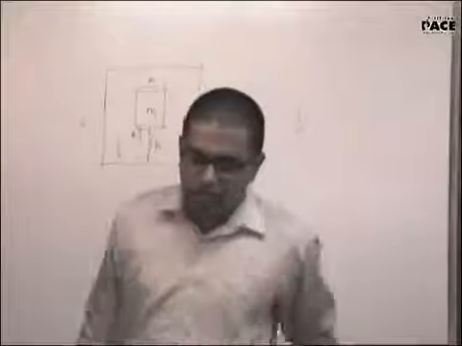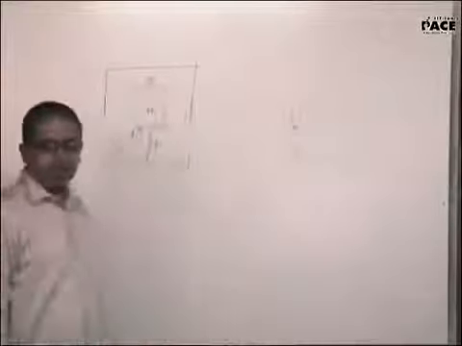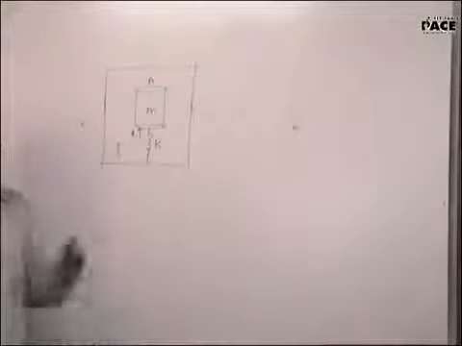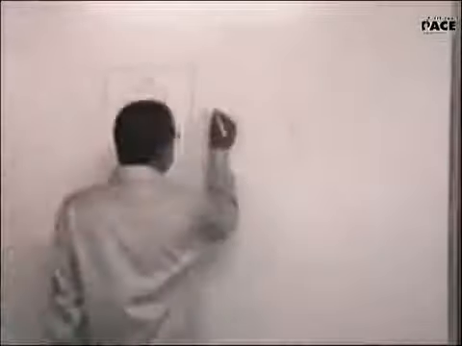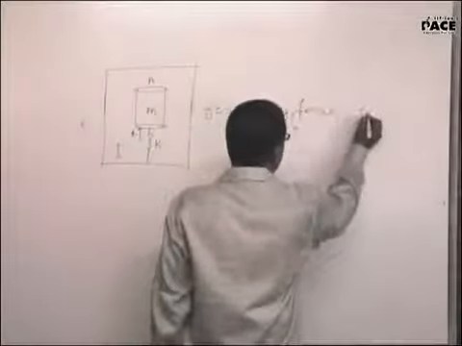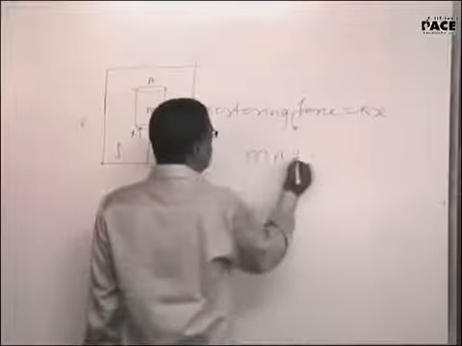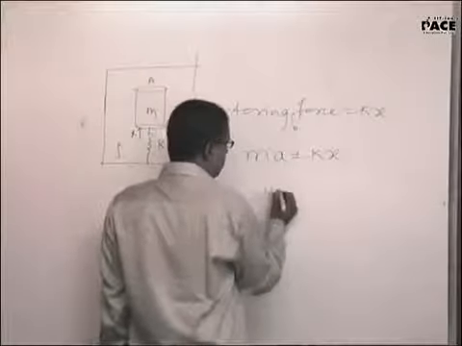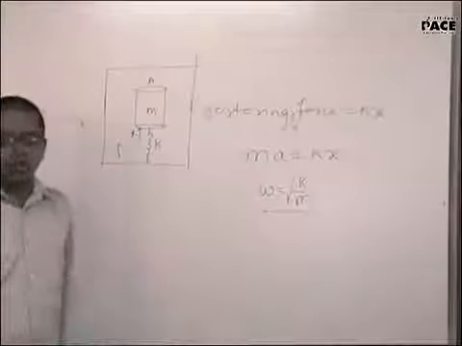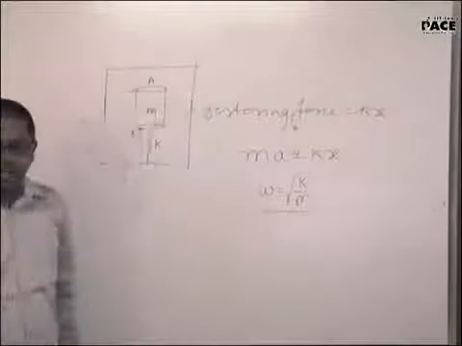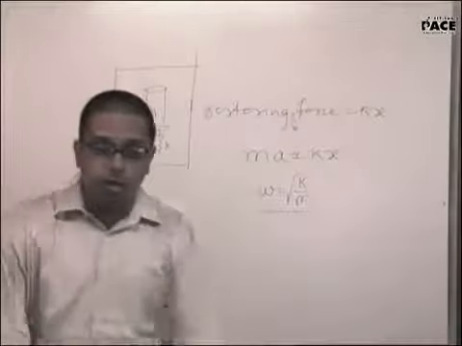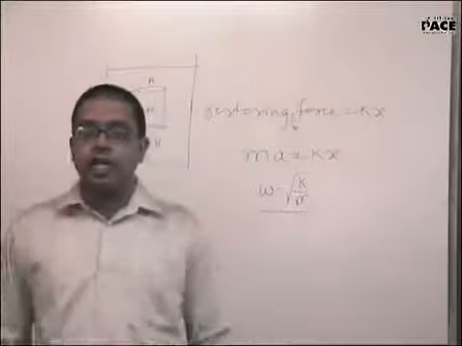Acceleration should be directly proportional to displacement. So here there is no additional buoyancy. Mg is constant, buoyancy is constant. What is the only restoring force? Restoring force is equal to kx. Equate it to mass into acceleration. Hence omega will be under root k by m. Additional buoyancy is 0. Buoyancy and weight are balancing each other. Now when I suppress it, from the equilibrium, is there any additional buoyancy generated? No, because the volume of the liquid displaced is the same.